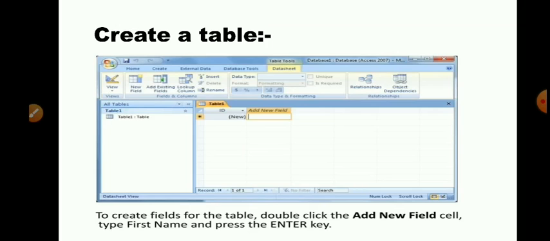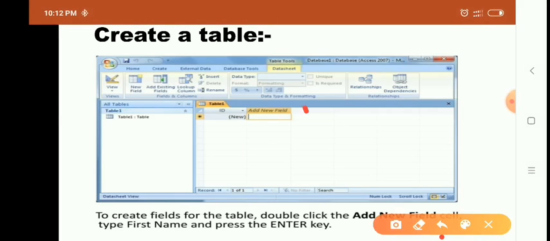Now we have to move on to the second step, how to create a table. In this, the first step is to add the field name. Here you can see add new field. In this option, we have to provide the field names so that we can create a proper table for our database.